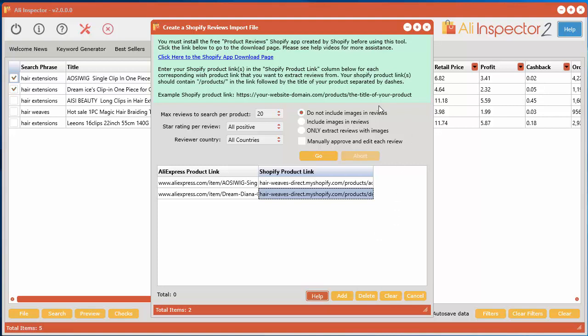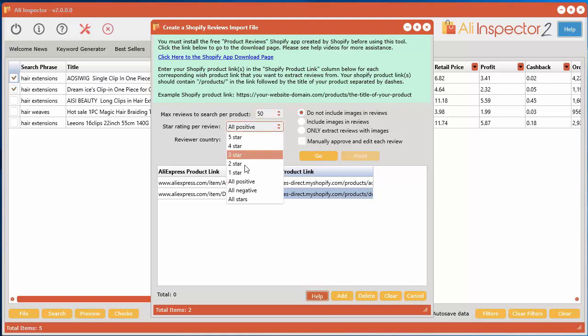Now I want to talk about some of the other features in here. So you can select the maximum amount of reviews per product to search. Okay? A lot of these product reviews may have no content. Some people will just give a star rating and won't even write any content. Obviously, you're not going to want those ones because there's no content in those reviews. So those are going to be skipped. So sometimes when you put 20, you may not get 20. You may get only 1 or 2. So I'm just going to increase that to 50 for now.